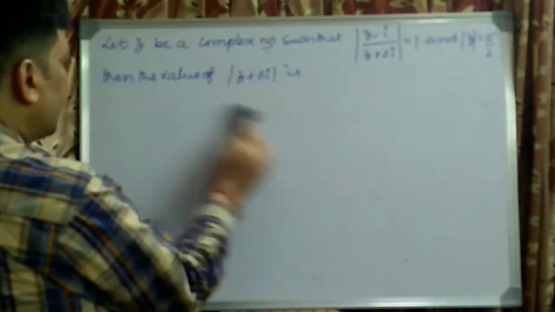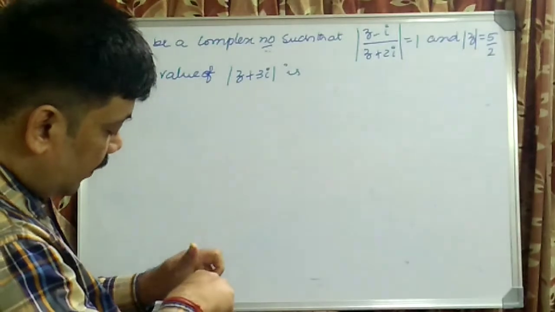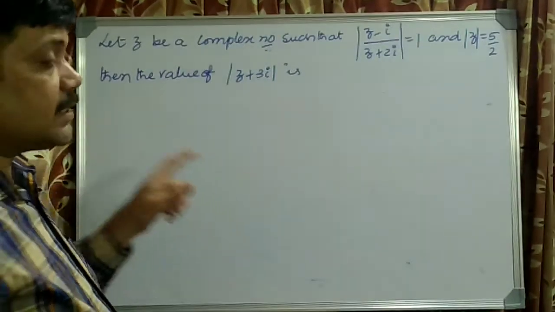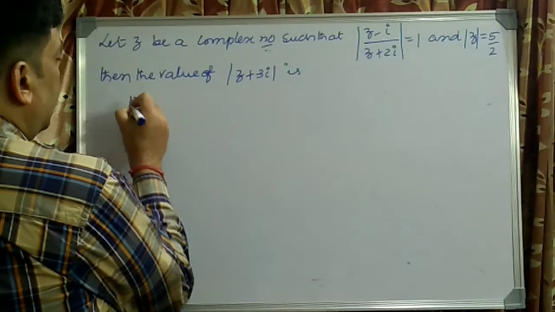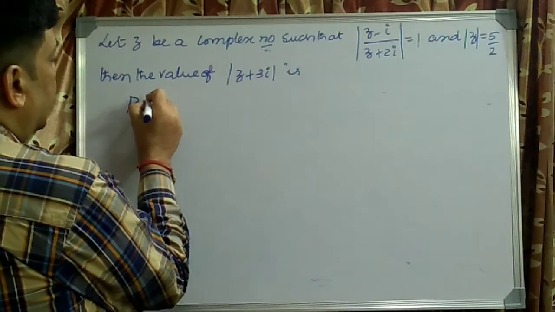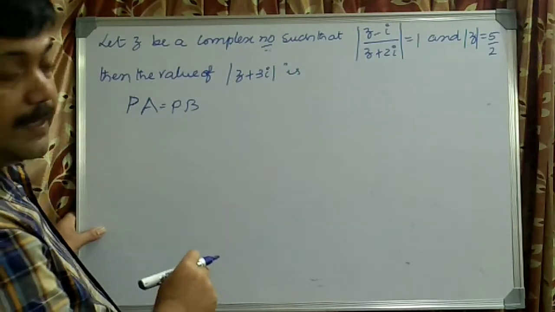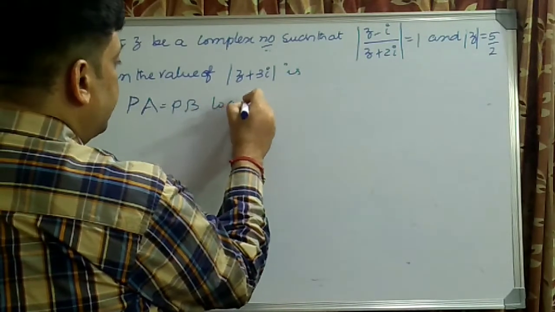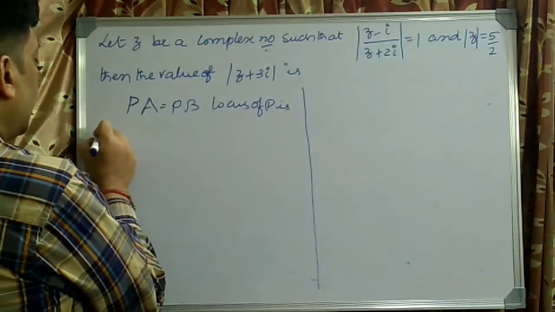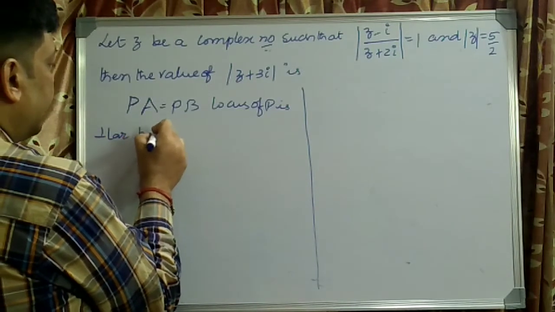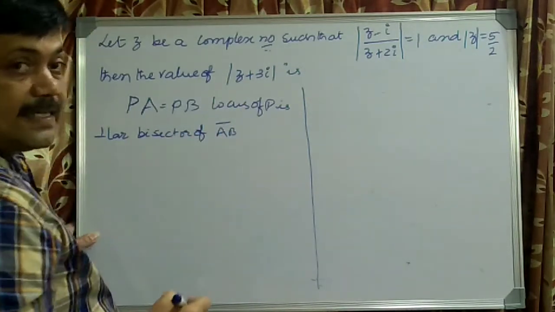So here I would like to explain some geometrical concepts, please. My dear friends, please listen to these geometrical concepts. Like the previous problem, this is also a problem concerned with geometry. So here I have a point P. I want the locus of P such that PA is equal to PB, where A and B are fixed points. Then the locus of P is the perpendicular bisector of AB, that is, the line segment AB.